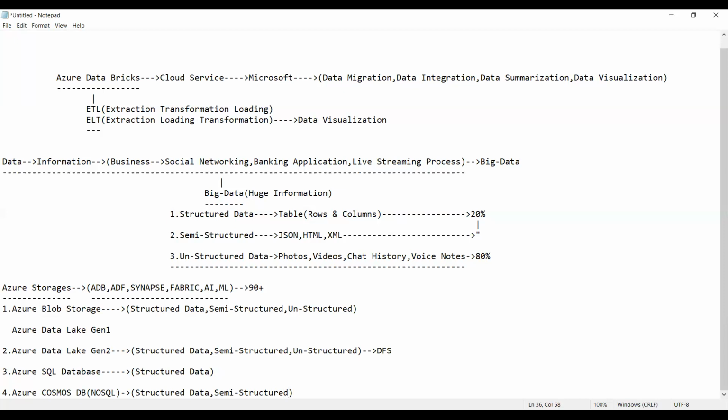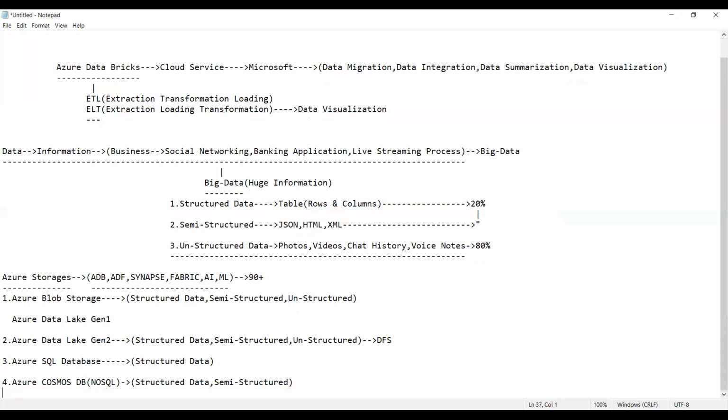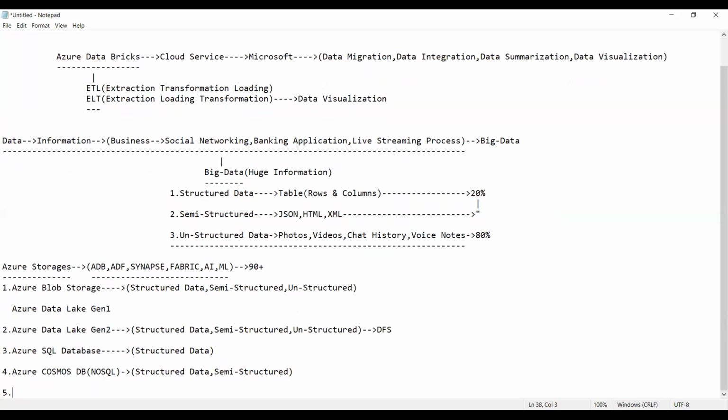That means we can store data in the form of tables, as well as files. Files means JSON files, HTML files, XML files, any kind of thing we can store here. And the fifth type of storage is called